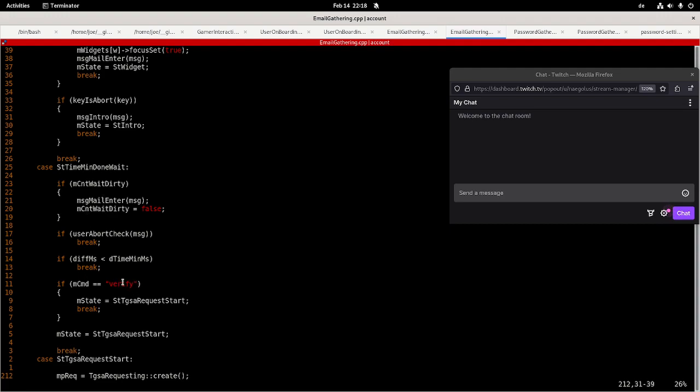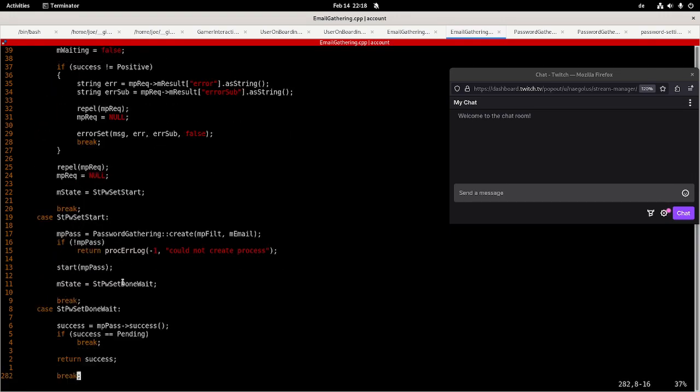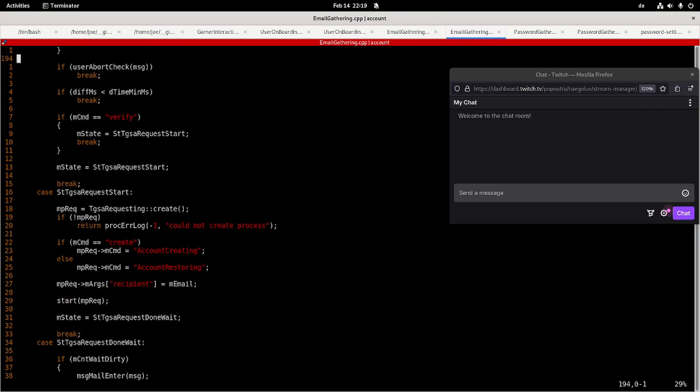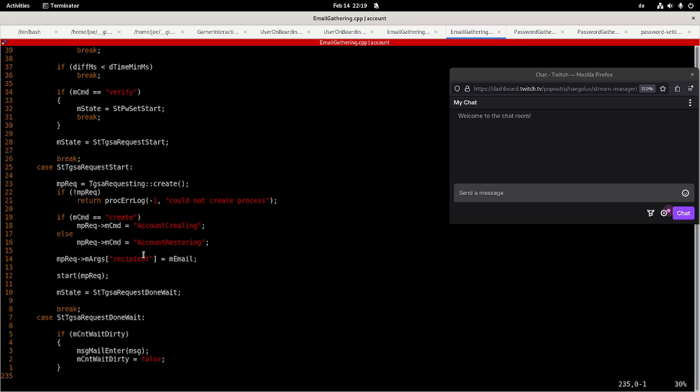If this is just a verification, then just start the password process, because we have an email. We do not need to execute an administration command. Yes, that's fine. Perfect. So in this case, in the creation case, and